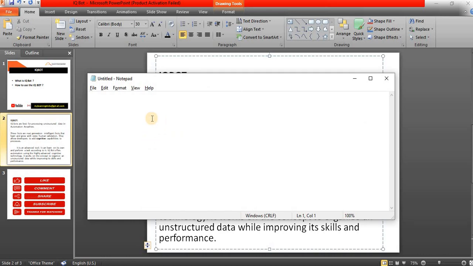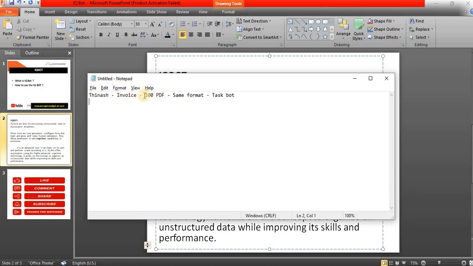Open the notepad, and let's consider I am doing the invoice process, and I am receiving 100 PDF documents on a daily basis, and everything has the same format. If everything is the same format, then you can use the task bot. In the task bot, we have a PDF integration command. Using that, we can automate very easily. We don't need an IQ bot at this time.